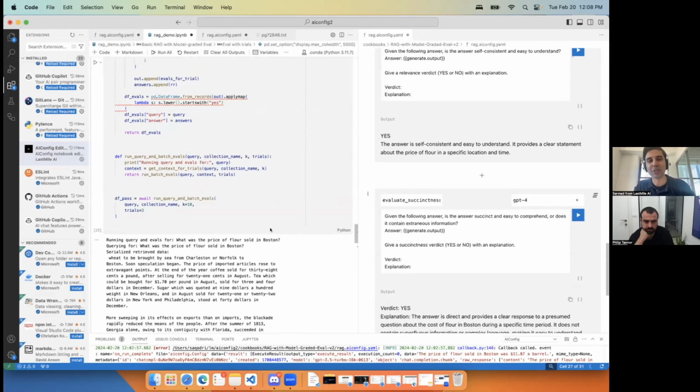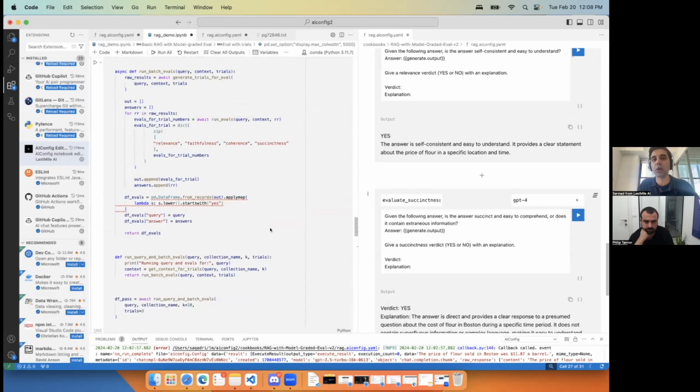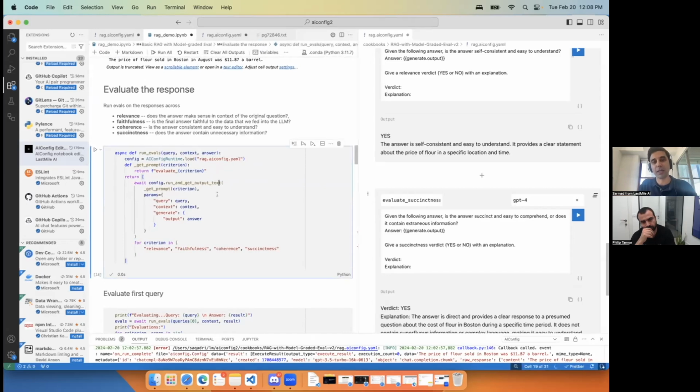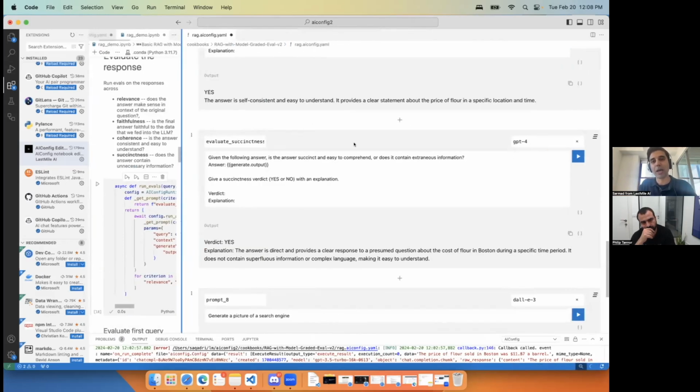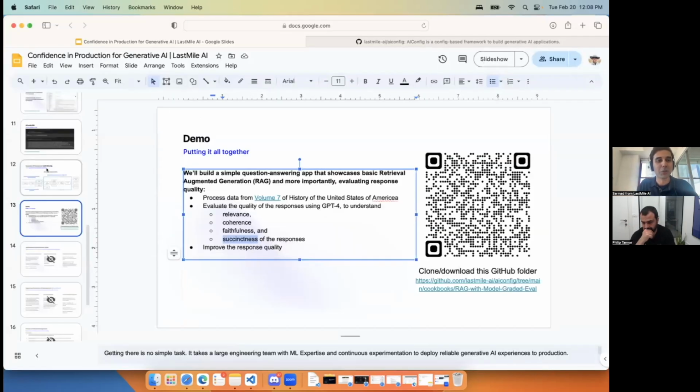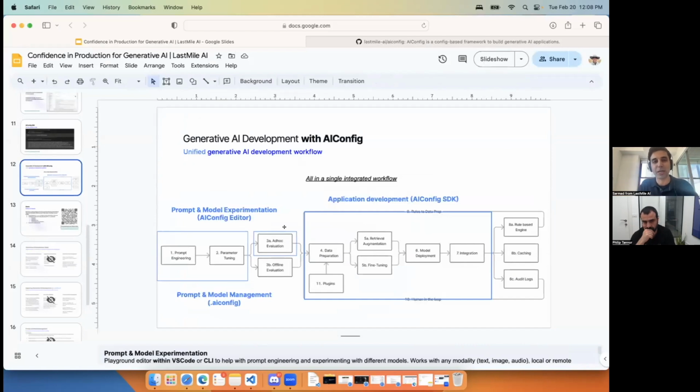I can get into more questions as well, but I just wanted to show you how nice and simple the flow is using AI config as the artifact that you can share, because now I have this shareable artifact that makes LLM development a little bit more collaborative as well. And so just to show you, putting it all back together, now with my